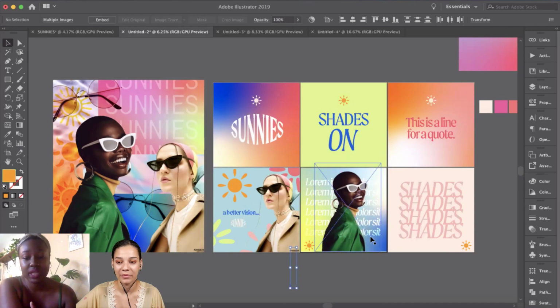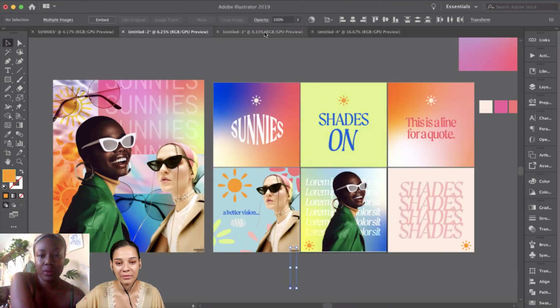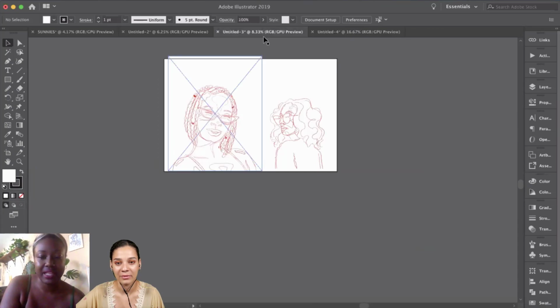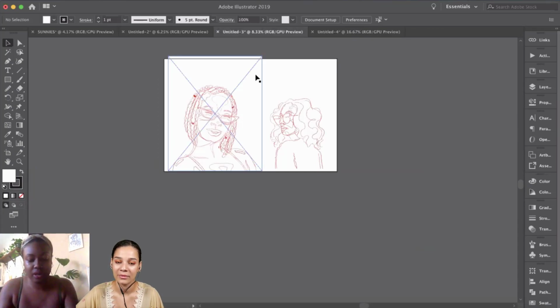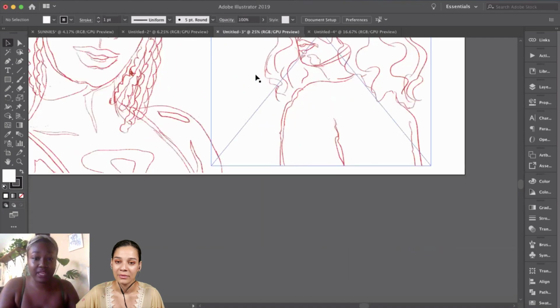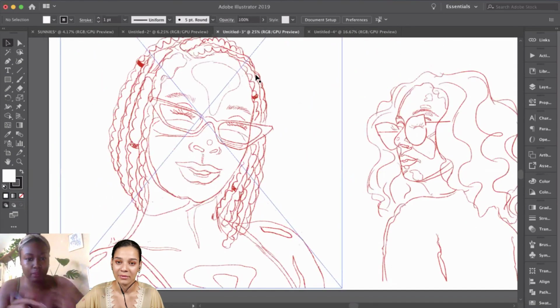And I actually really love how it balances all the colors in the rainbow. So here we have some sketches that I made last night and then we popped them into Illustrator. And then I'm gonna see if I can get one of these done today, and then we're gonna pop that into the branding.